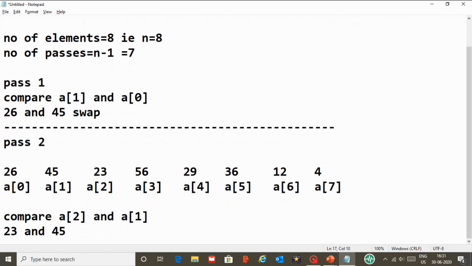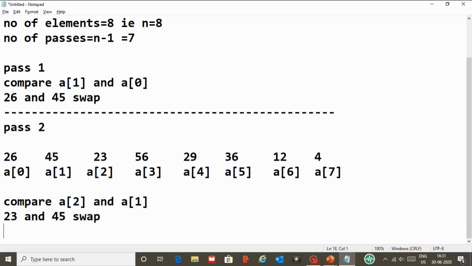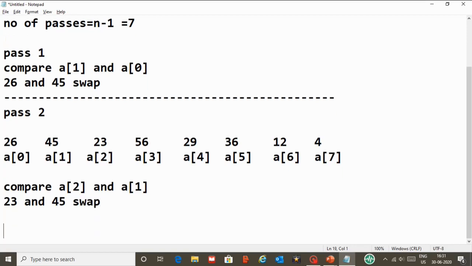Will there be a swap or no? There should be a swap. So, swap. What will be the resultant array? The resultant array would be 26. In the place of 45, I am swapping 23, and then in the place of 23, my swap would be 45, 56, 29,